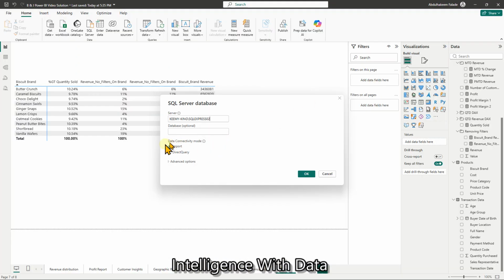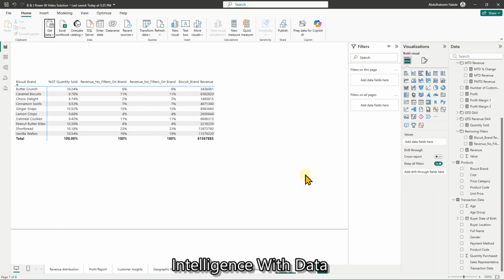The data connection mode I want here is import mode, because that is going to only fetch the data and reduce system resources as well. When you use direct query, you have live instant access to your database, but you will pay the price of data and performance constraints. So I'm going to click on OK and allow my Power BI to connect to my